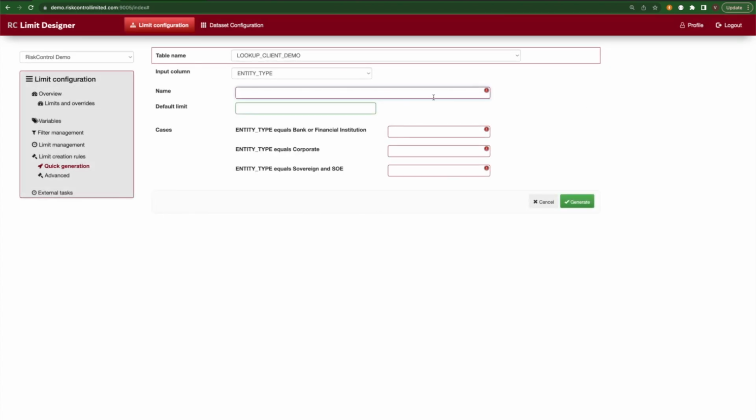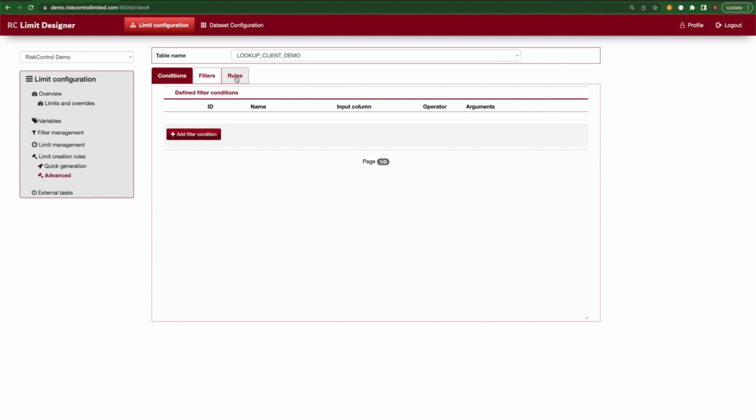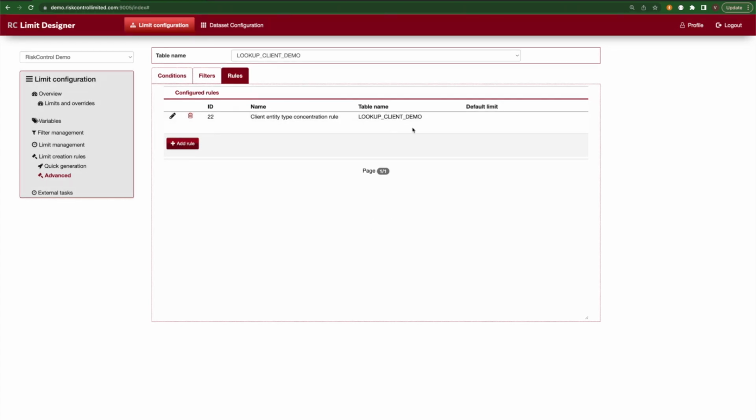Based on this information, limit creation rules offer a flexible and dynamic way to create limits automatically in the background. Here we can see the creation of a rule that is supposed to create limits based on the entity type of a client. That means whenever a client is modified or added, so is the limit for this client according to the limit creation rule.